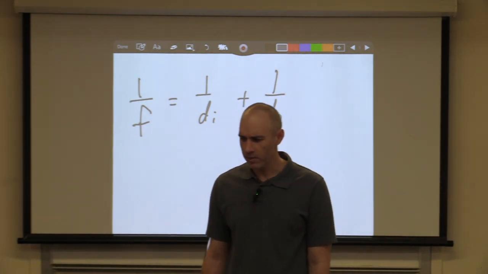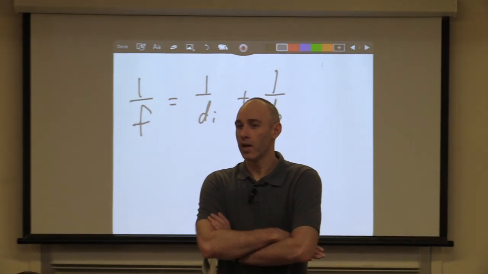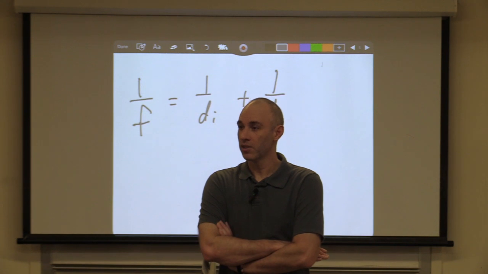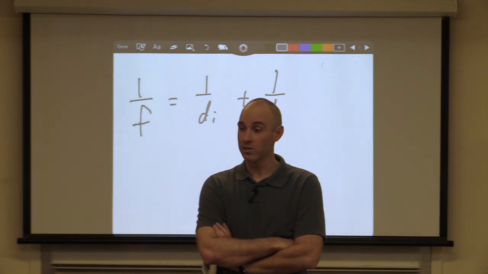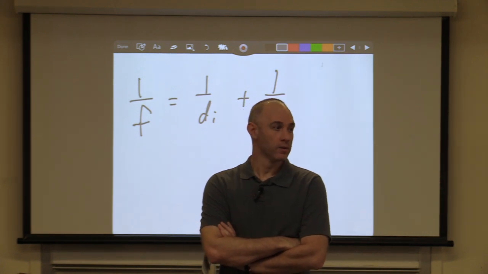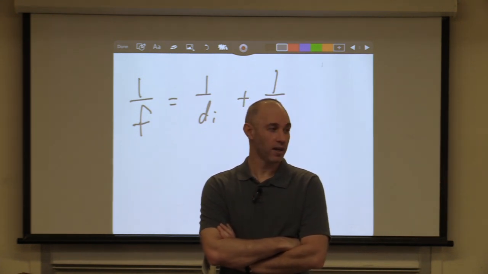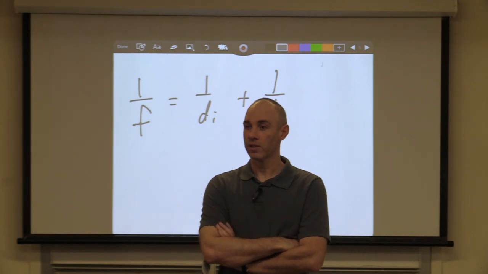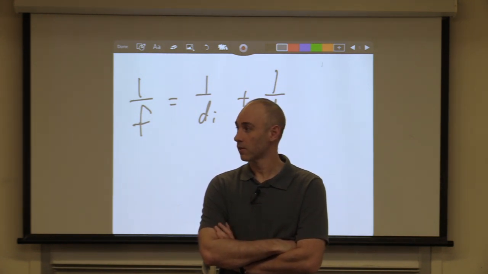For a virtual image, this is also important. I don't think I mentioned it, but I think I need to. A virtual image will have a negative image distance because it's behind the mirror. The distance in front of the mirror is the image distance. If it's behind the mirror, it's a negative distance. So convex mirrors have a negative focal length. Virtual images have a negative image distance.